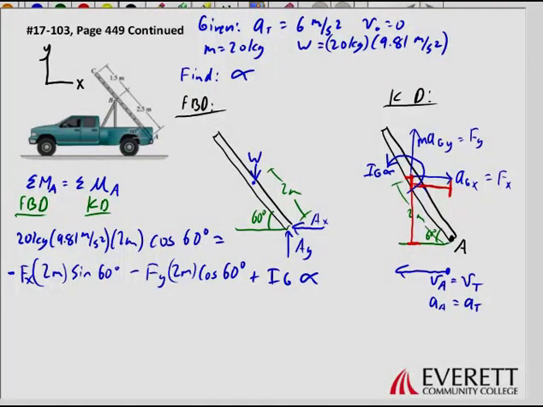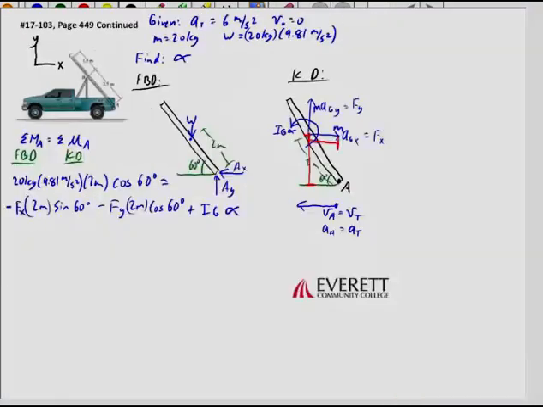Now I'm just going to substitute back in that Fx and that Fy with the pseudo forces that they were. Looks like I lost my mass here, put that back in. And write out the full equation. Let's see if I'll have enough room for it. Get 20 kilograms, 9.81 meters per second squared, 2 meters cosine 60 degrees is equal to negative Fx is going to be the